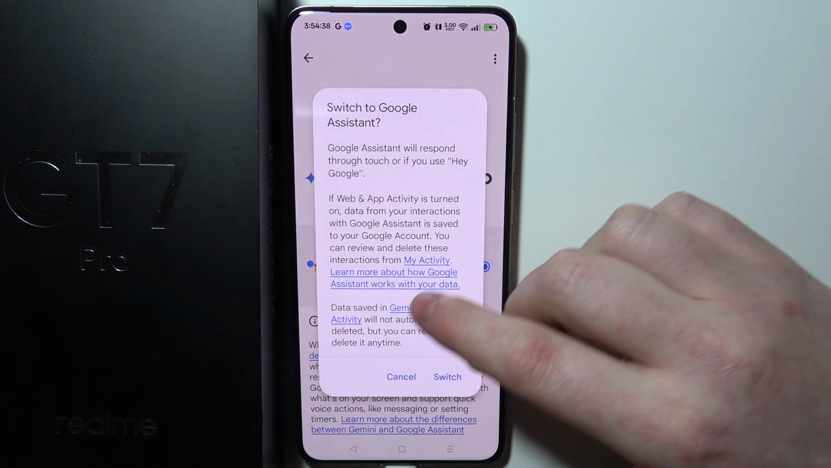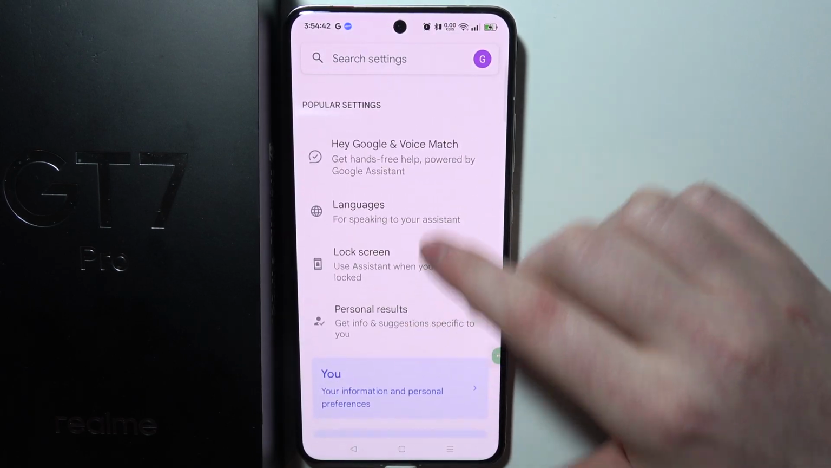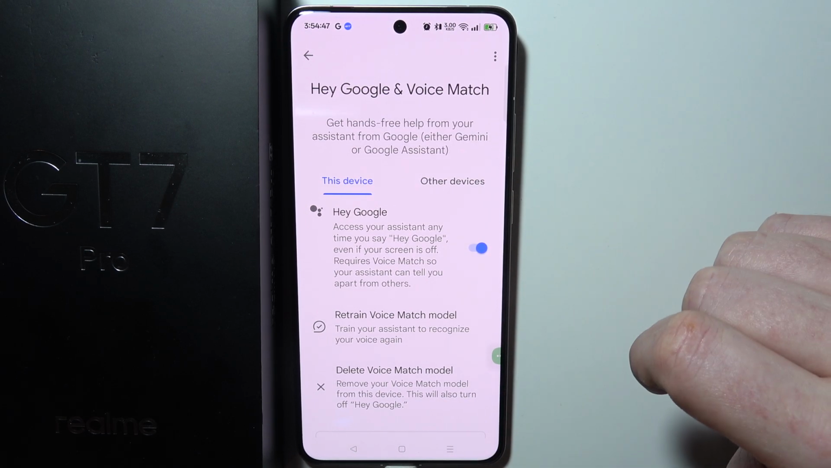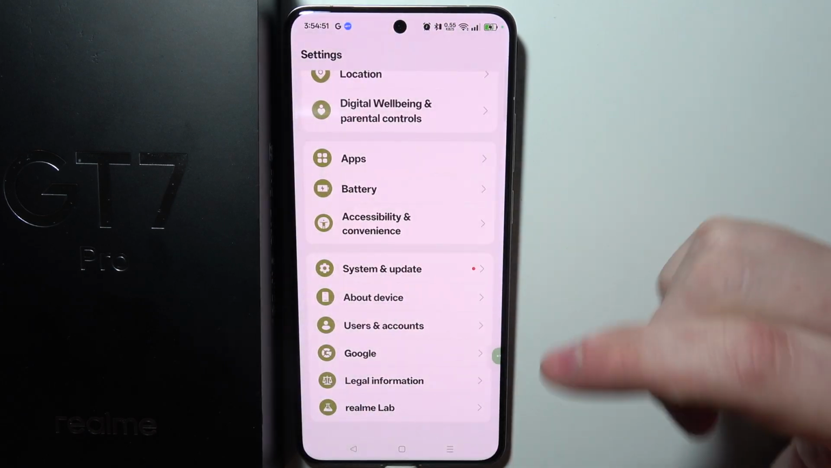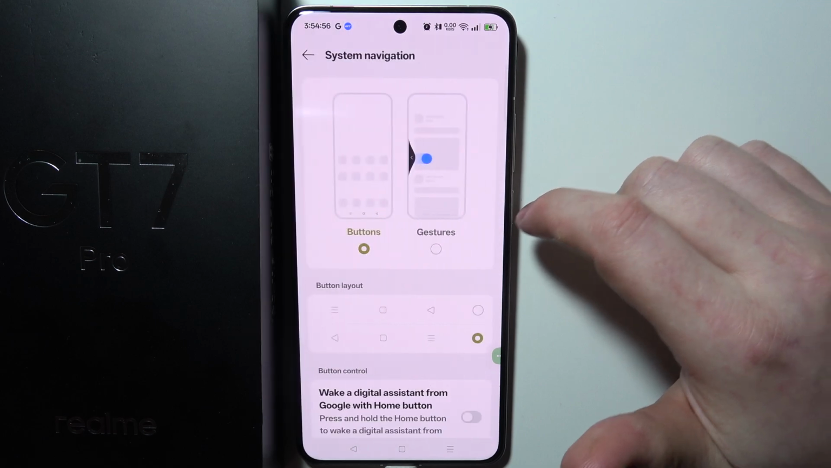Now make sure to select Google Assistant right here, and then you can activate the different features that call it out, like Hey Google. Hey Google. It works fine. And alternatively, if it doesn't work for you, you can try System and Update, System Navigation, and